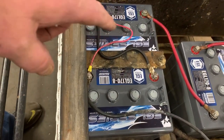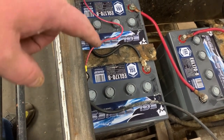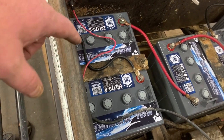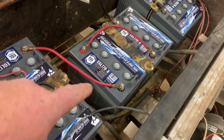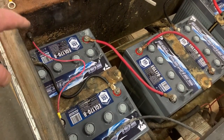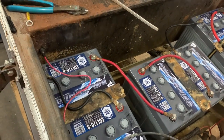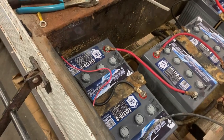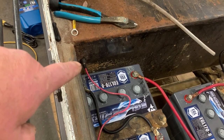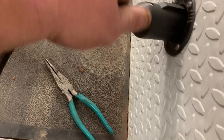All right, we got our charging wire hooked up, and I didn't have a black primary wire that size, and this shouldn't be a problem because they use red battery cables on negative on golf carts all the time. I just didn't have any black cable, and that's the only reason I used red, because it was the thicker, better, heavier wire. We've got the charging cable hooked up to the negative on the battery. We've got it run through our valve core grommet, and now when we hook up the battery charger,